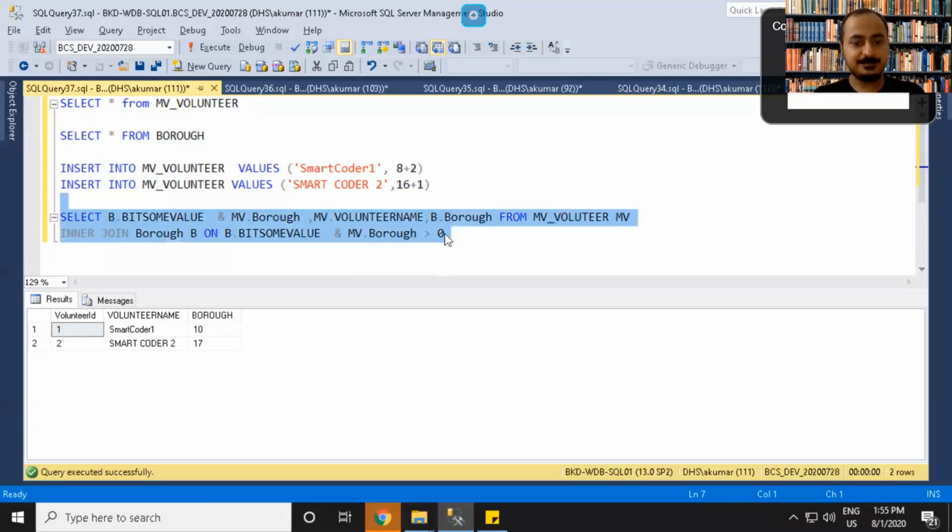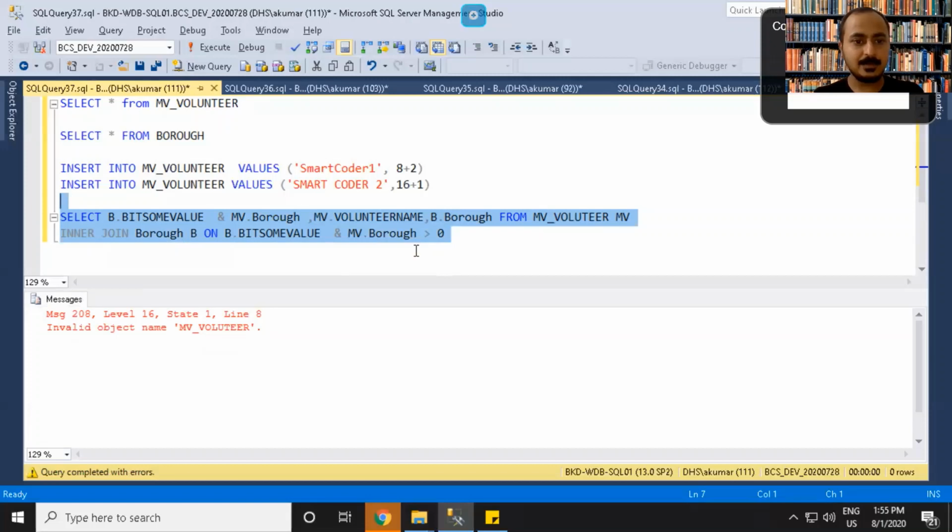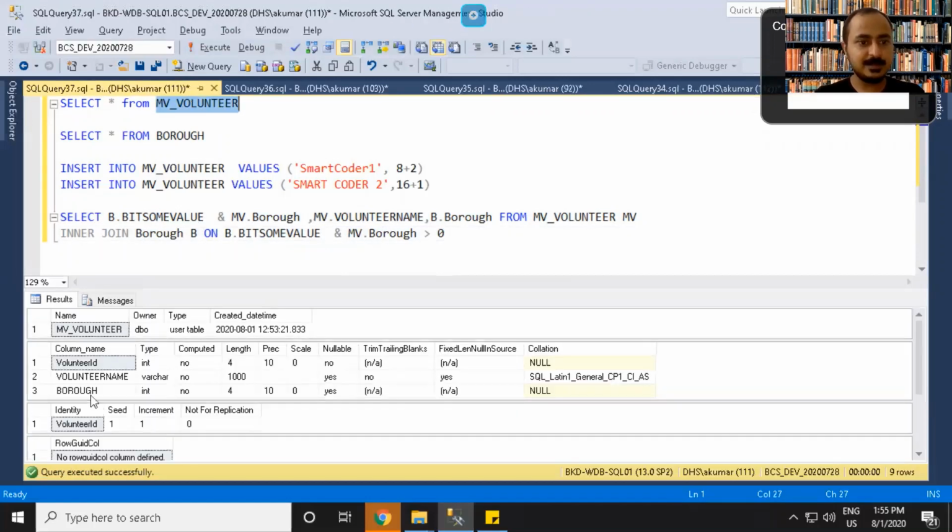So let's say, spelling mistake, valid column name borough. Let's see what the column name is, borough underscore name. Sorry guys.